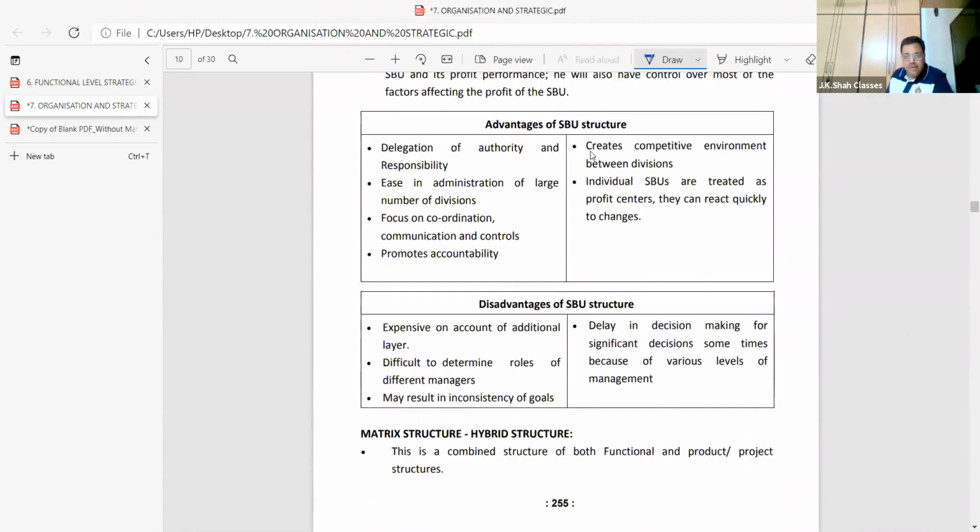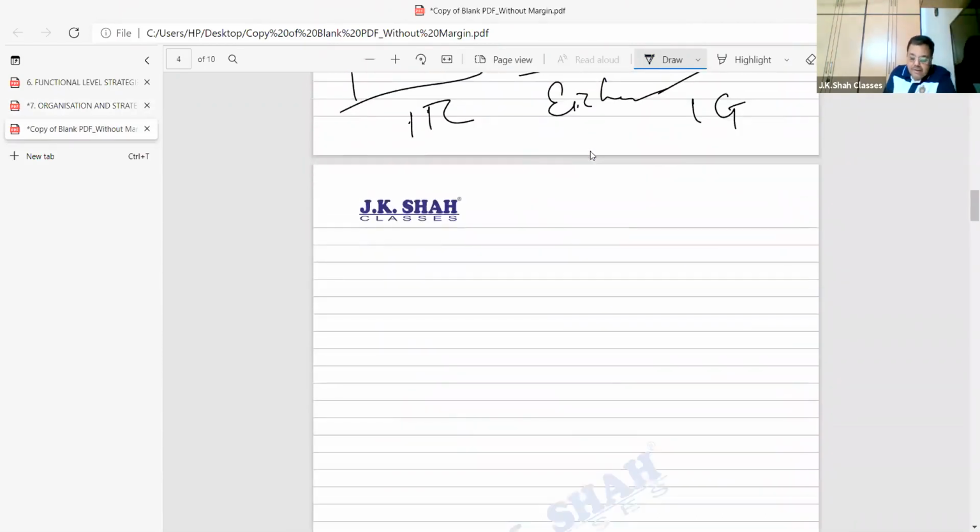Matrix or hybrid structure. This is important. So listen, please. This is very interesting. And you can get in the exam to create a matrix structure. Matrix structure is also called as the hybrid structure. Please listen. See, the idea is this. Please understand. Whenever a question is suppose asked on hybrid or matrix, now, always remember this, what I'm saying first, then the concept matrix will become easy.